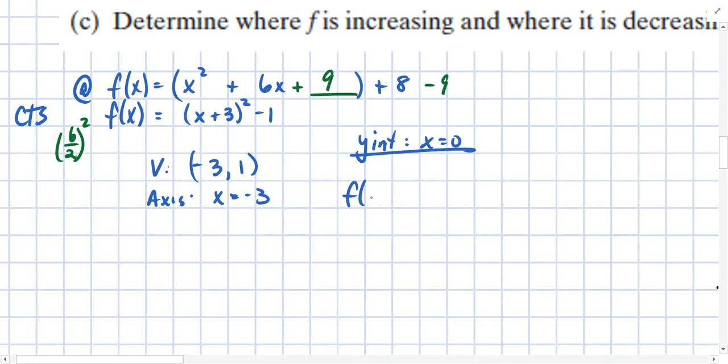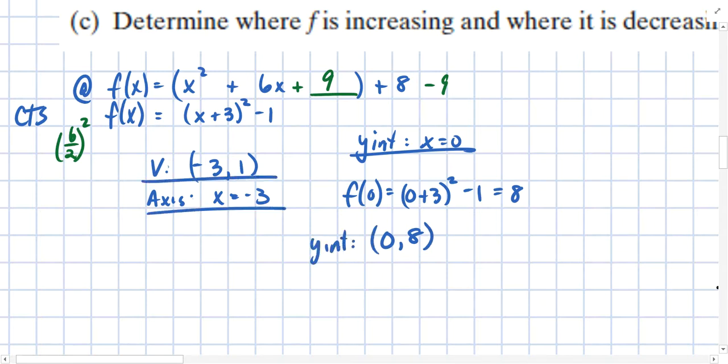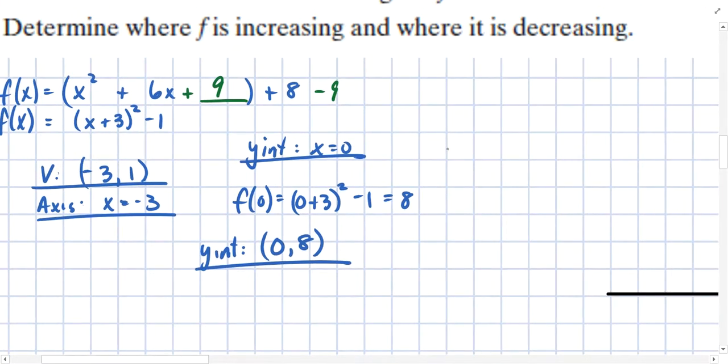So let's evaluate the function at 0. When we evaluate the function at 0, that would be 0 plus 3 squared minus 1. So 0 plus 3 is 3. 3 squared is 9. 9 minus 1 is 8. So we have a y-intercept at 0, comma 8. That's our y-intercept. So we've got a vertex, we've got the axis of symmetry, we've got a y-intercept, and now